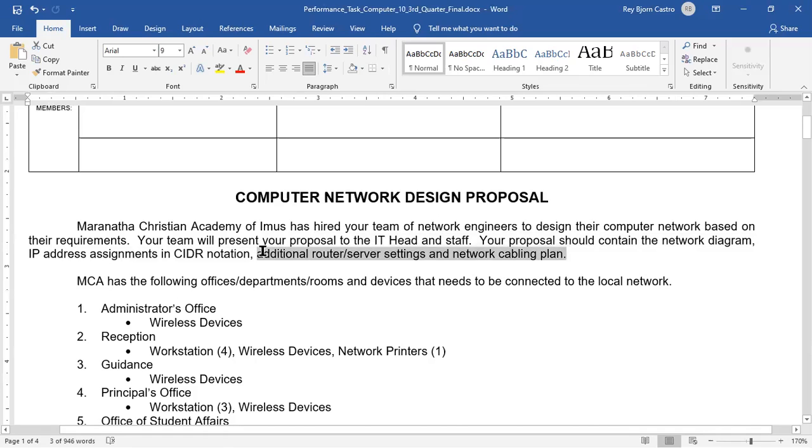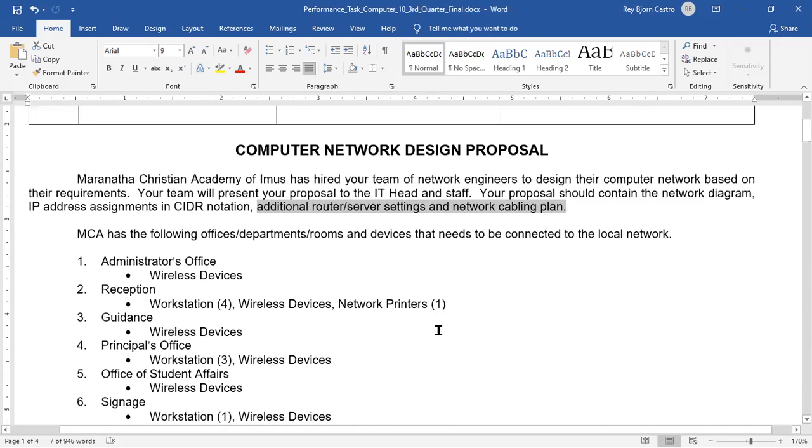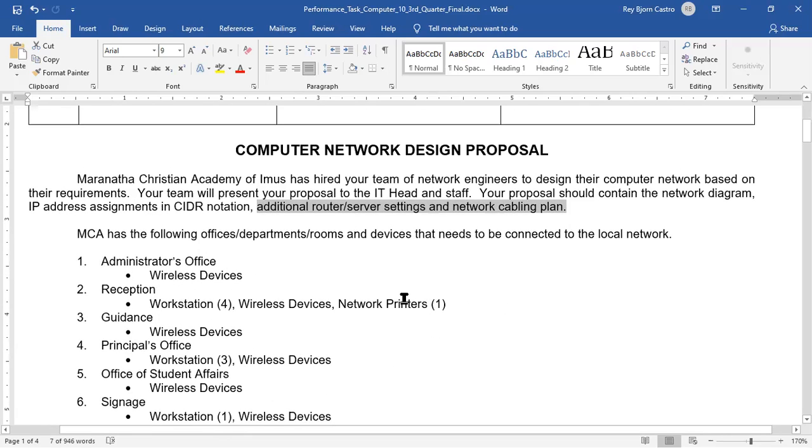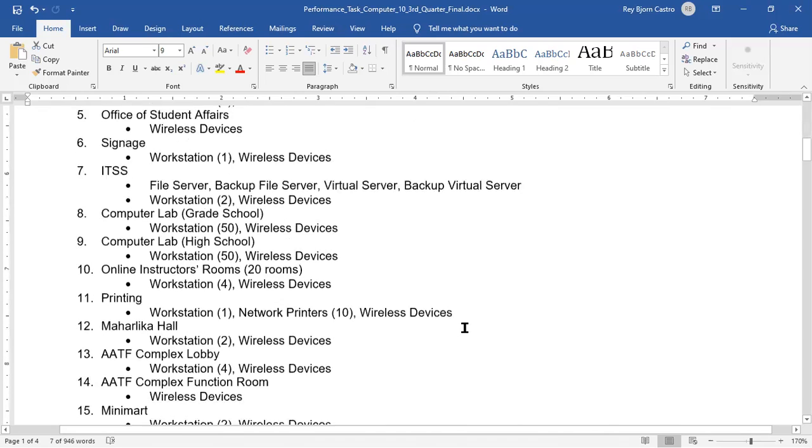So we will discuss this next week. So we won't be having any meeting tomorrow. So you should meet with your group. However, by next week, dapat may pakita na kayo sa akin kahit na draft or halfway finished na diagram for your computer network. Para kasi we only have 2 more weeks na lang left. So by next week, I'll be checking one by one your draft of the network diagram before I proceed with the router server settings and the cabling plan.